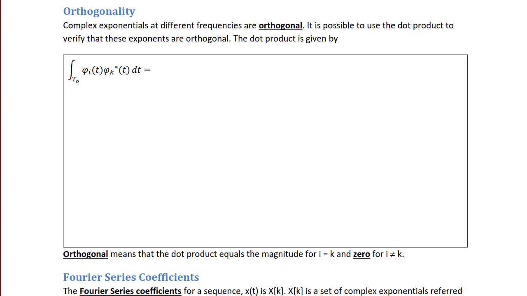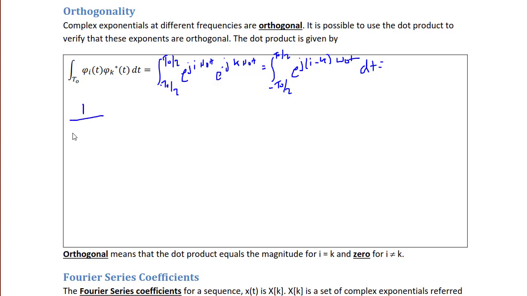So if we have the integral over T naught, which is one period, of phi i of t times phi k conjugate of t dt, we can rewrite this as the integral from negative T naught over 2 to T naught over 2 of e to the j i omega naught t times e to the negative j k omega naught t, which equals the integral from negative T naught over 2 to T naught over 2 of e to the j times the quantity (i minus k) omega naught t dt, which equals 1 over j times the quantity (i minus k) omega naught times e to the j (i minus k) omega naught t